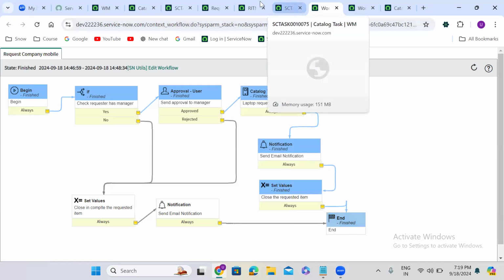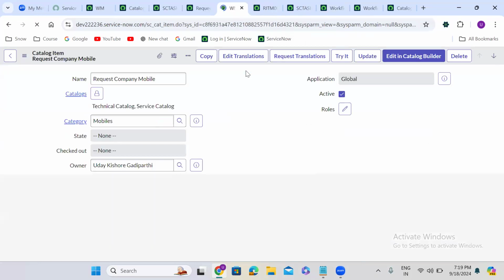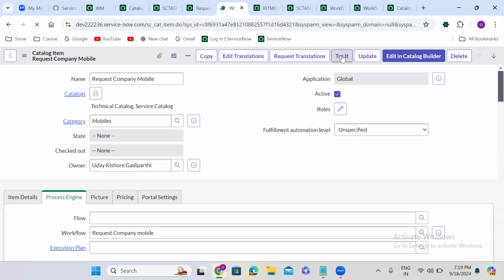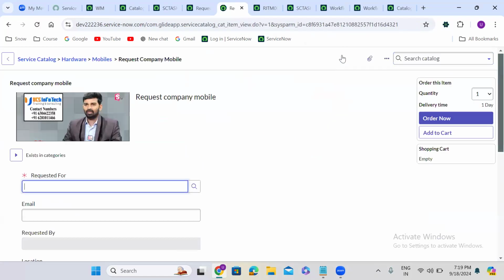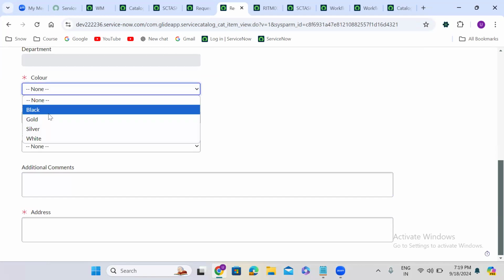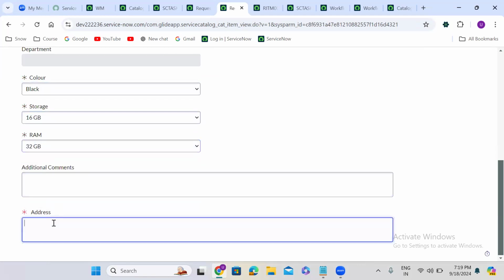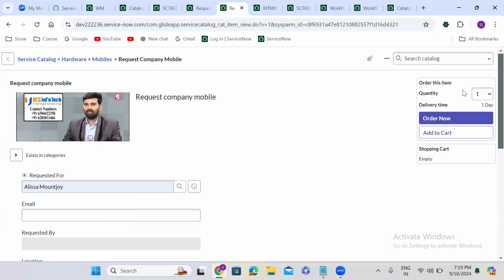So if it is rejected in the middle, we'll submit one more catalog item. If the requester has no manager, it will be rejected directly. If the requester has a manager, Alisa Mount Joy, I'm selecting here. The requester has a manager, but if he is rejecting,